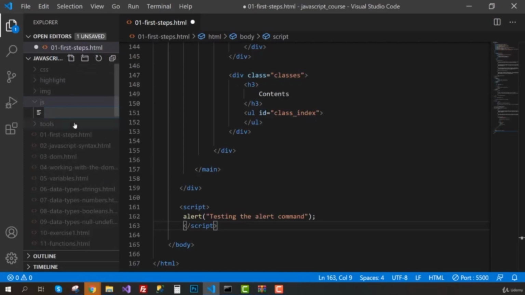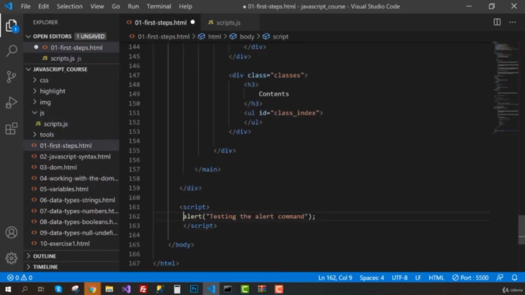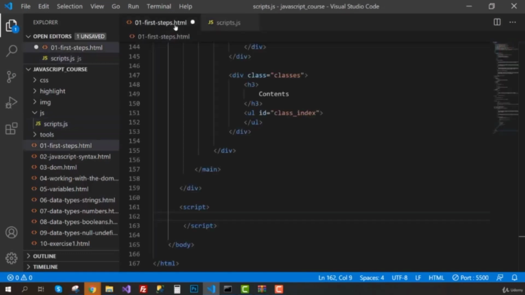So I'm going to create a new file called scripts.js. JS is the extension for JavaScript files. So here it is. And now I'm going to cut this command with Ctrl X. I'm just going to paste it inside this file. And if we go back to the browser, nothing is going to happen yet because we don't have any link